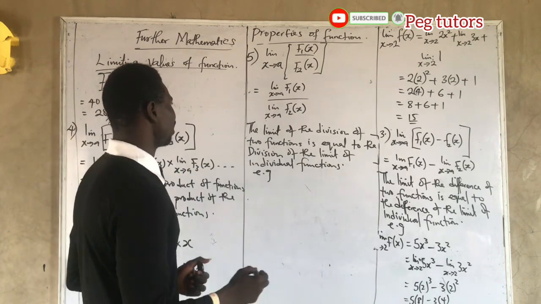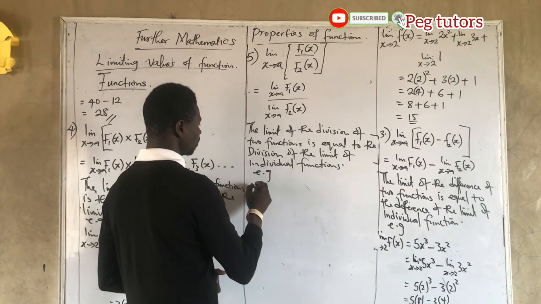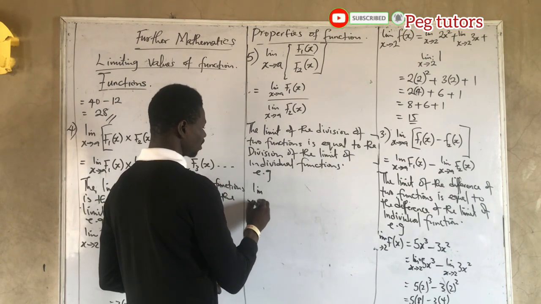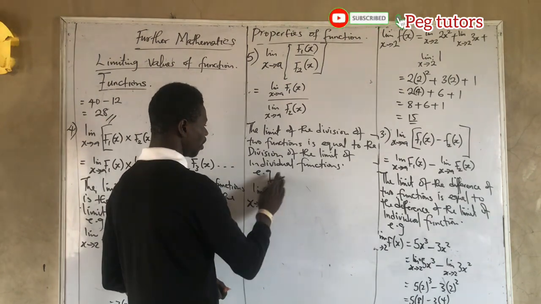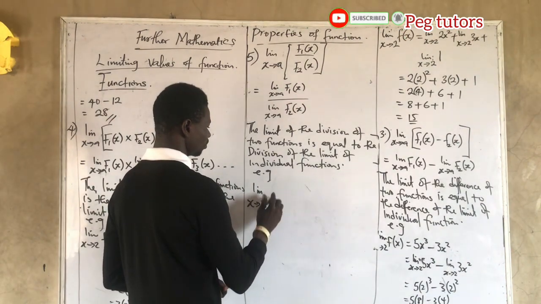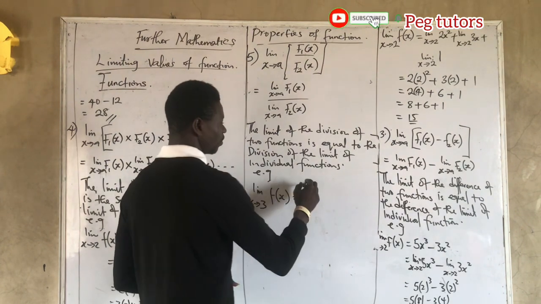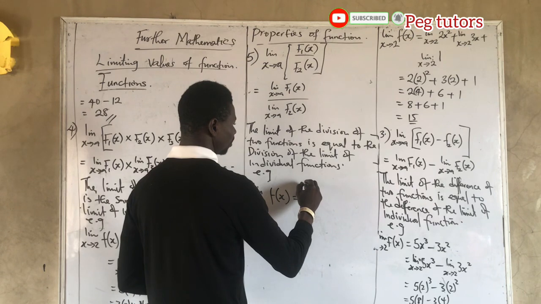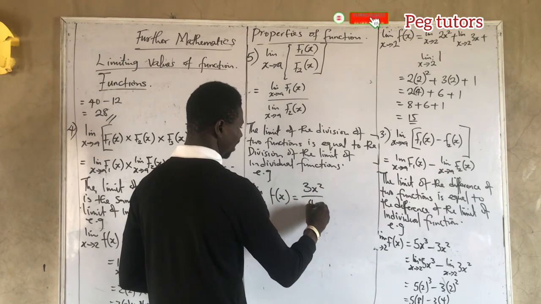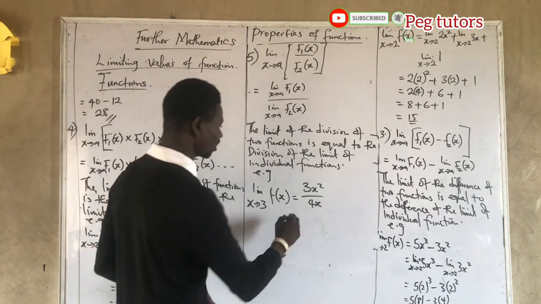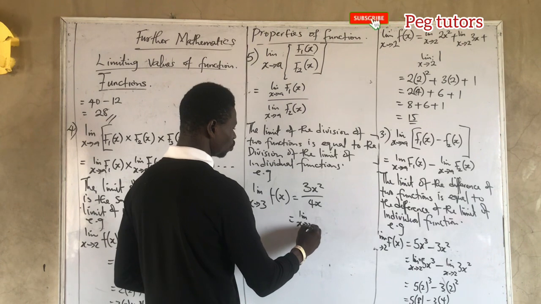For example, if we have the limit as x tends to 3 of f of x, which is, let's say, 3x squared over 4x. Are we together? The same thing as taking individual limits, which is the limit as x tends to 3 of 3x squared